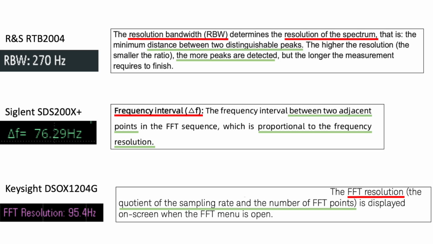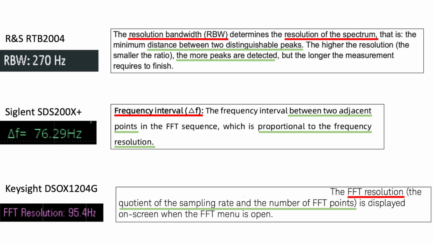So let's get started. The manuals of all of the 3 devices talk about something, either the resolution or the bandwidth when using FFT analysis. So the Rohde Schwarz RTB has a parameter called the resolution bandwidth, RBW, which is a value that is shown on the screen but also can be selected by the user, and it's explained as determining the resolution of the spectrum. And they also explain that it determines the minimum distance between distinguishable peaks, and the higher the resolution, the